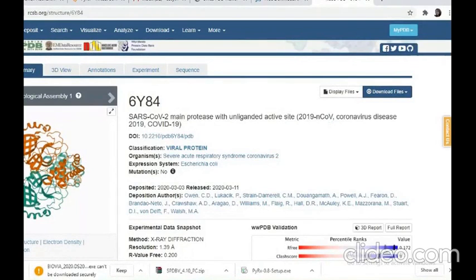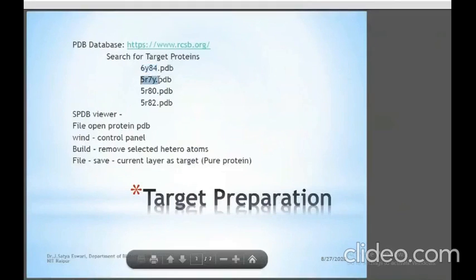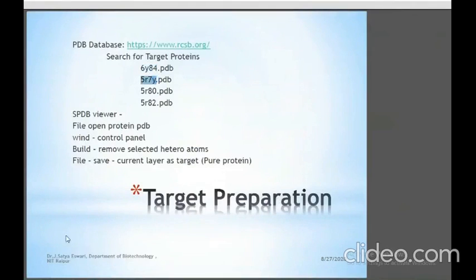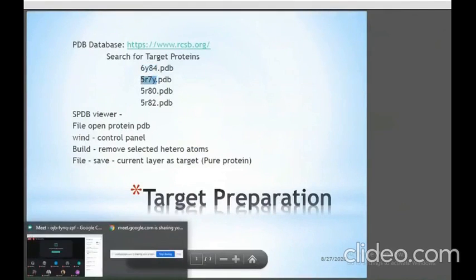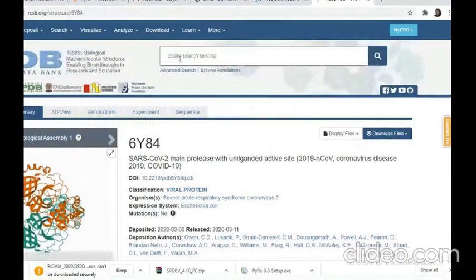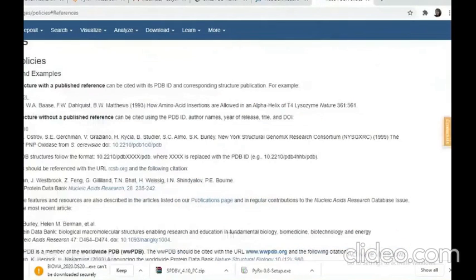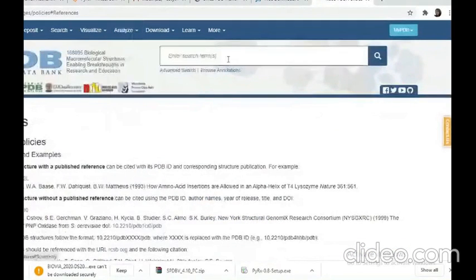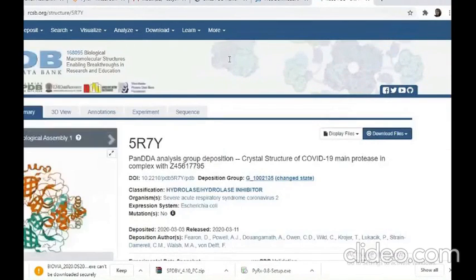Again, next protein, take 5R7Y. I was taking all the 4 proteins. I go to search again, and all proteins have to be saved here. This is the 5R7Y protein, that was a protease protein.